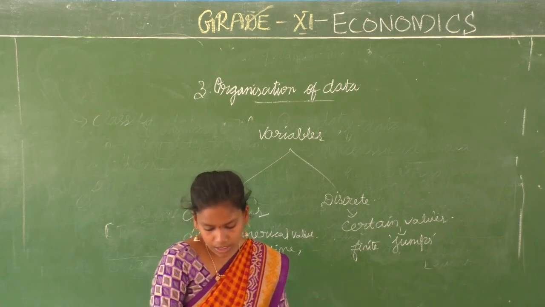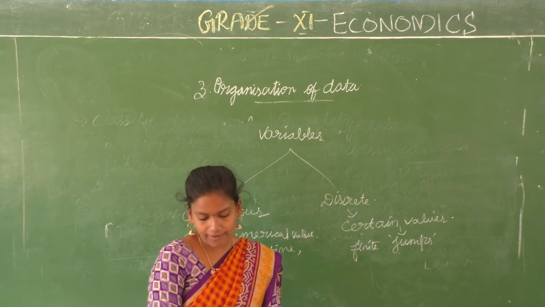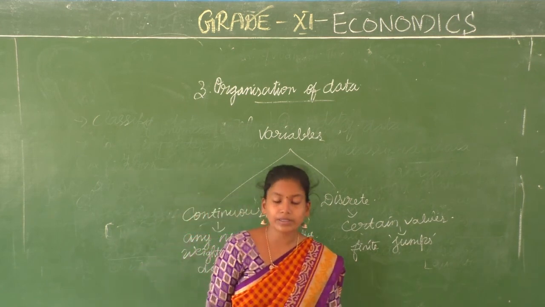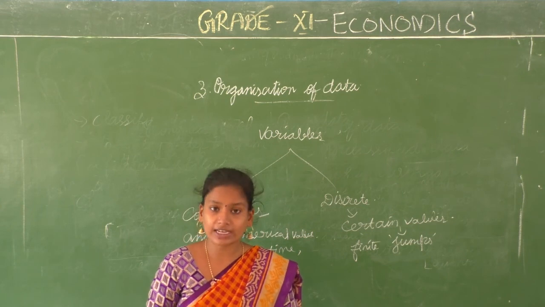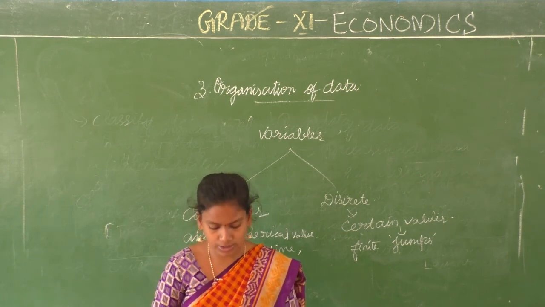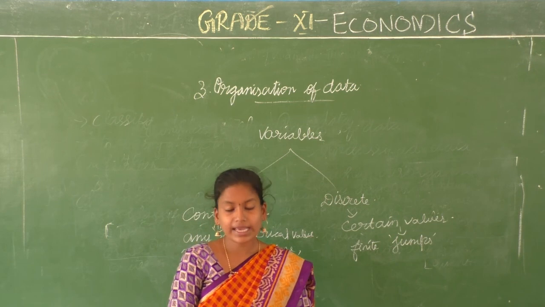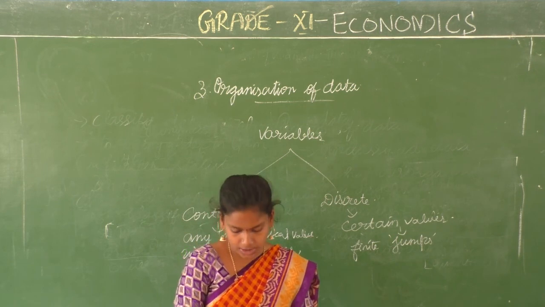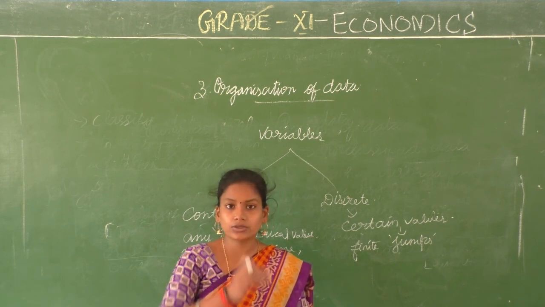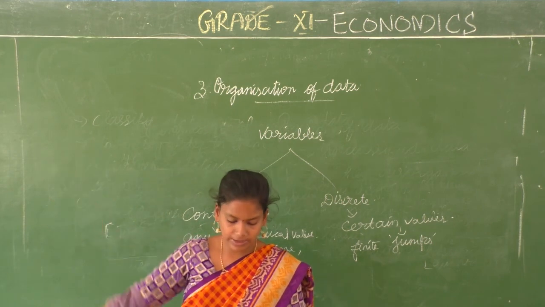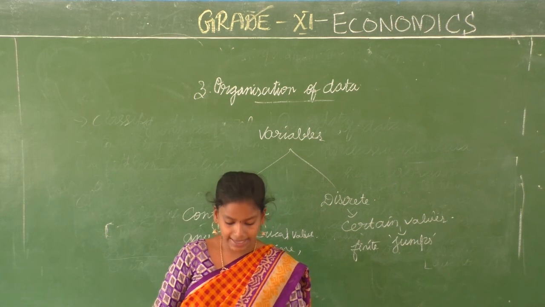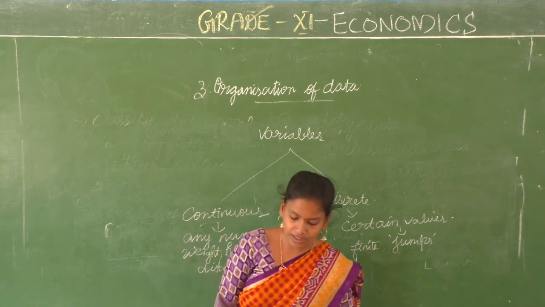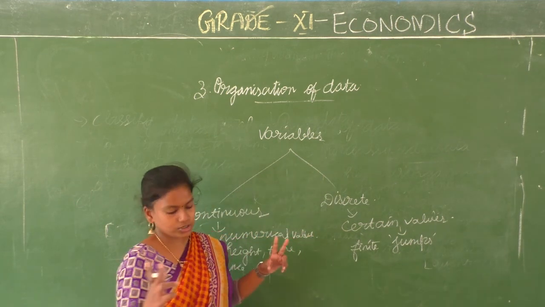There is one more thing: we should not have the impression that a discrete variable cannot take any fractional value. It can at times take fractional values. What kind of fractional values? X is a variable that takes values like 1/8, 1/16, 1/32, like that. In a fraction it goes. Is it a discrete variable? Yes, because though x takes fractional values, it cannot take any value between two adjacent values.